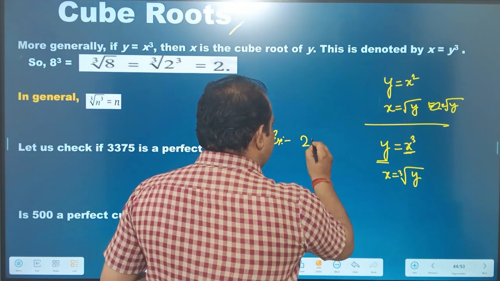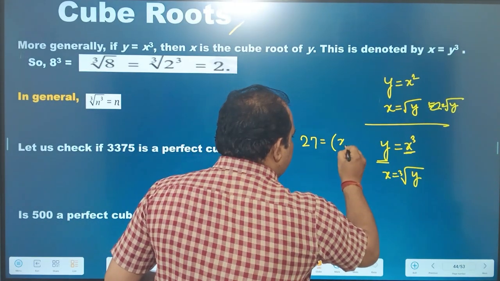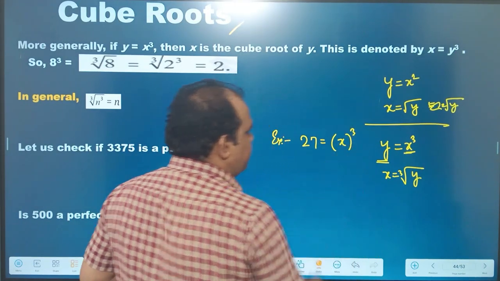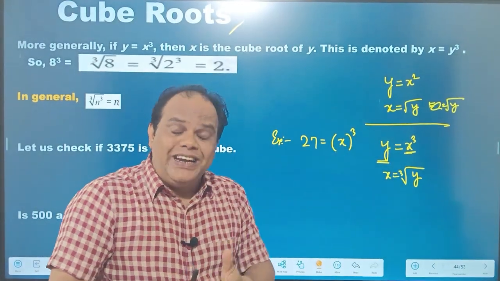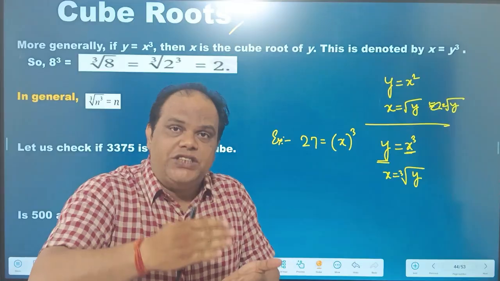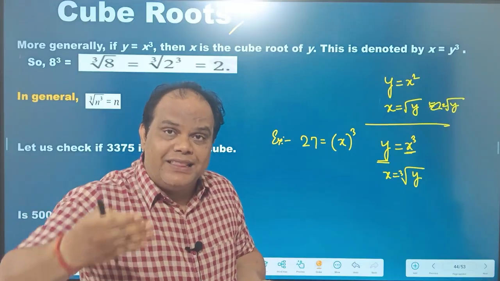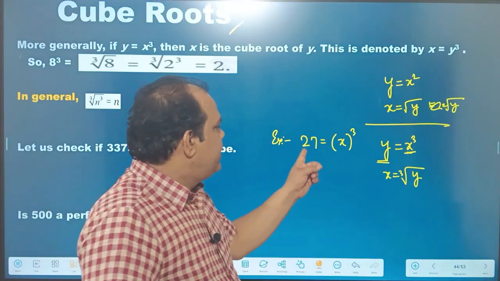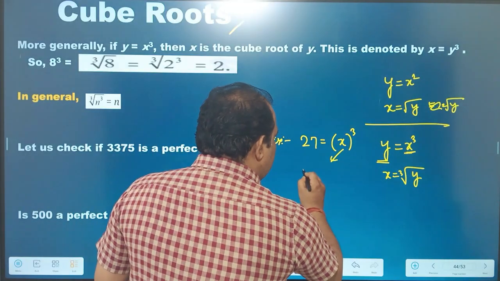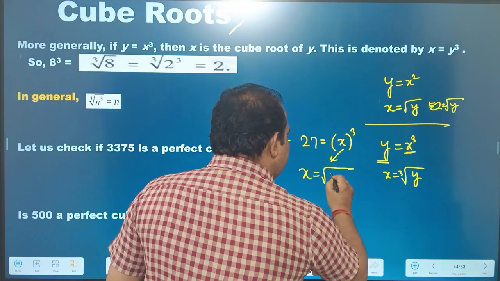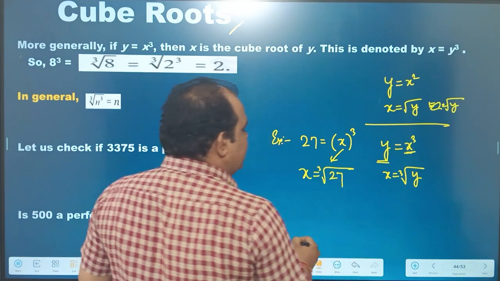Let's say 27 is equal to x to the power 3. We don't know what number should come here. What is that number which, when multiplied 3 times with itself, we get 27? So if we have to find the number, x is equal to the cube root of 27, and